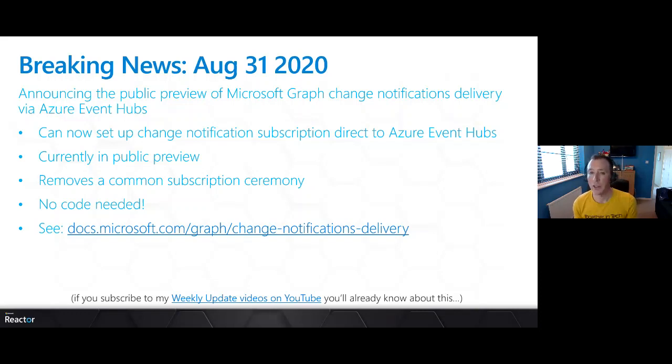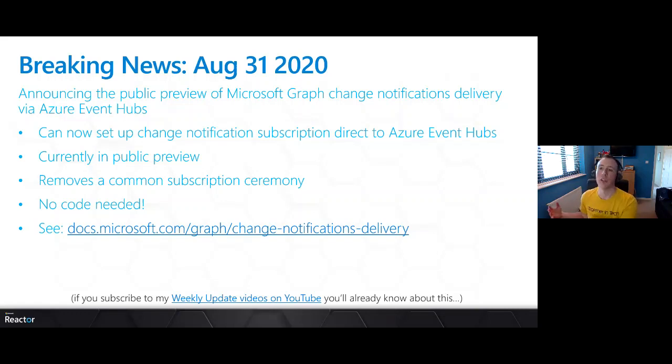So what Microsoft have done, and said, well, actually, we could take that pain away by making change notifications go directly to Azure Event Hubs. So that's without writing any code, you can click some buttons, fill in some forms, have it so that your subscription goes directly into Azure Event Hubs. You don't have to manage the subscription. You don't have to keep it fresh. You don't have to do all that validation stuff I just spoke about. The data will flow straight into Event Hubs for you.